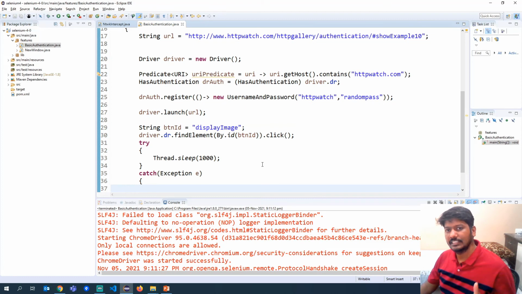Ideally this is not needed, but for the sake of demonstrating how it works, I'm adding this wait statement. In real time, instead of having this code, we will be having other statements to perform actions on other objects, and that will be taken care of automatically. So let us now execute again and see if it is working fine or not.